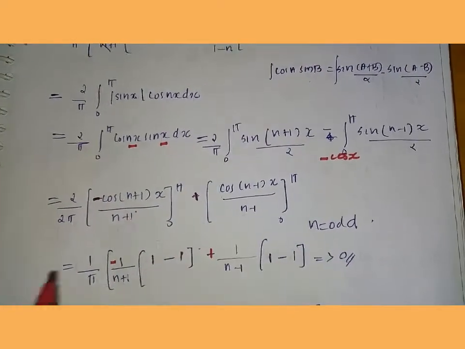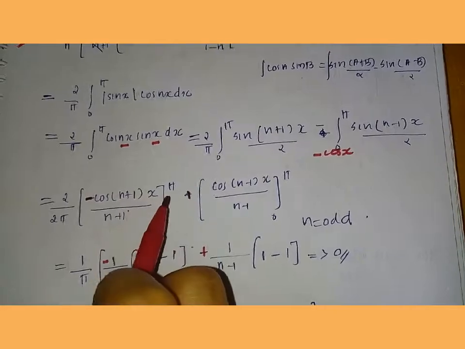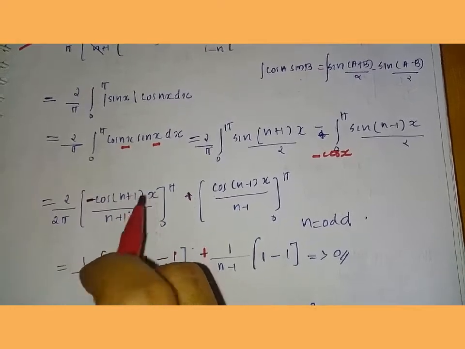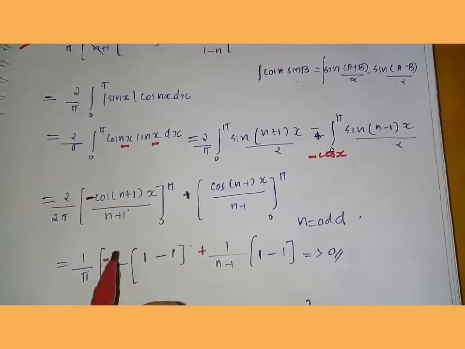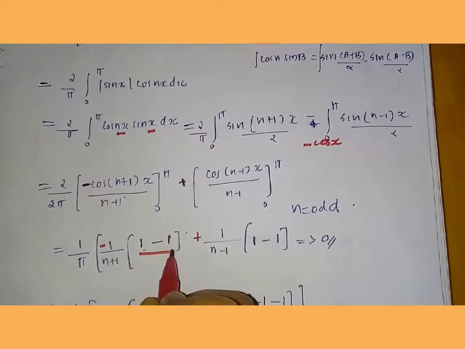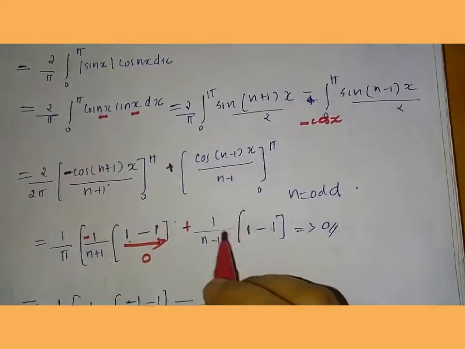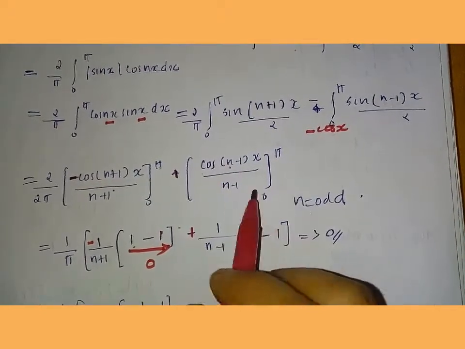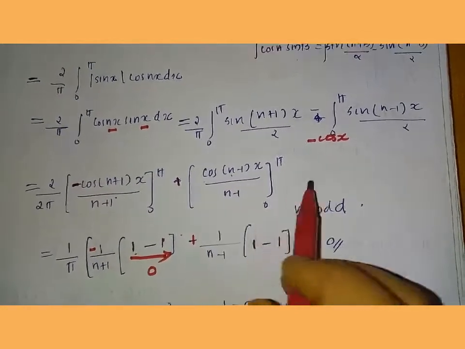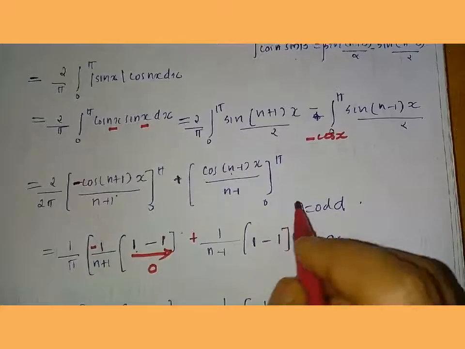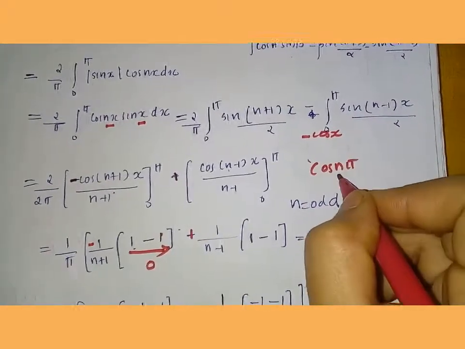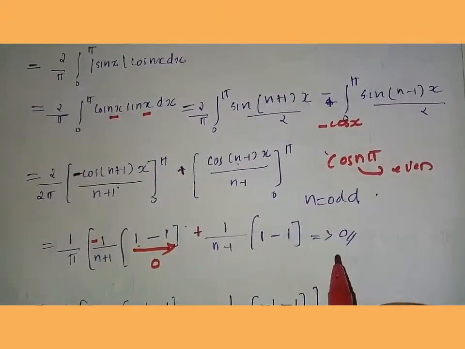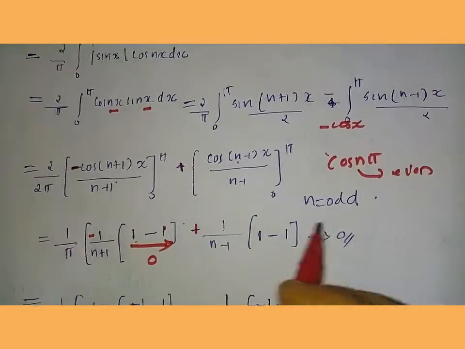Here also we get the form, and we know that cos 0 is 1 and cos of n plus 1 pi, where n is odd means n plus 1 is even, into pi, that is 1 only. So we have 1 minus 1, so this integration is 0. Here also 1 by n minus 1 common. Here cos 0 is 1 and also n is odd means n minus 1 is even. So cos of even pi, for cos n pi, n is even means cos of n pi is 1. So 1 minus 1, that is 0. So for n odd, the integration is 0.